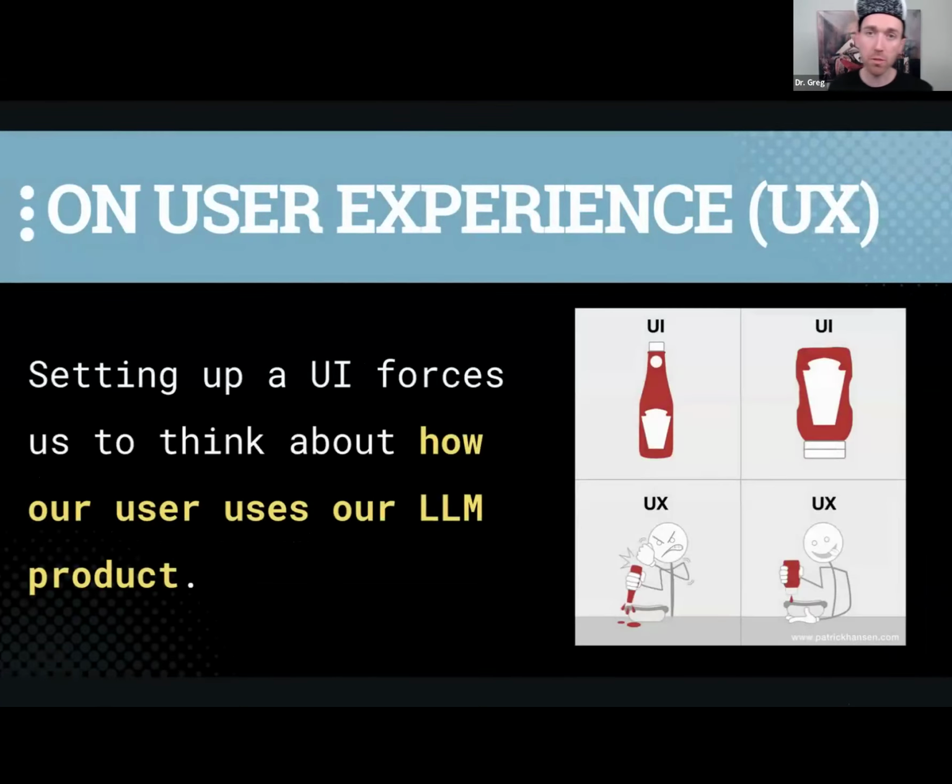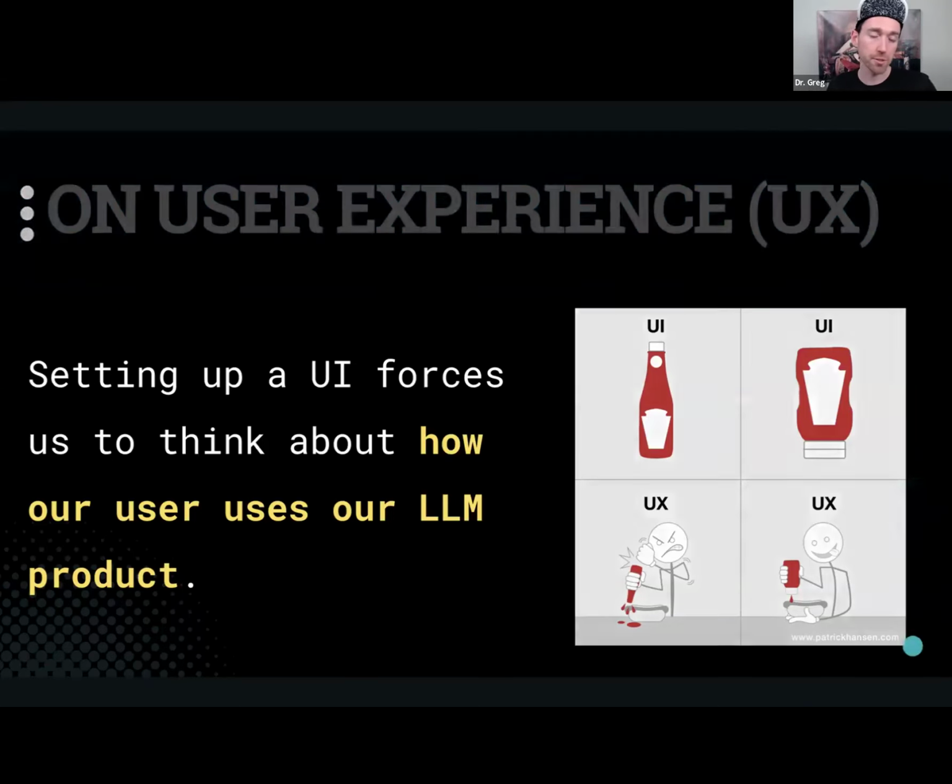And importantly, when you set up a UI, you have to think, what does my user put in? What do I give them out? This input-output is quite important. When we talk about something like prompting, we say specify the input-output. We talk about fine-tuning, we can fine-tune exactly this input, that output. And it makes you think about what you want in your product. It makes you think about all the stuff you want to provide your user.